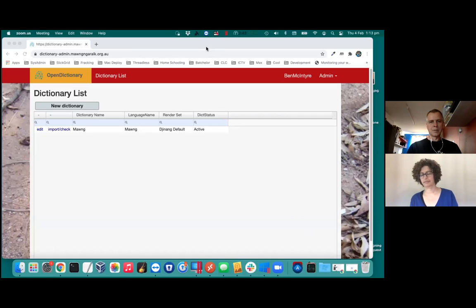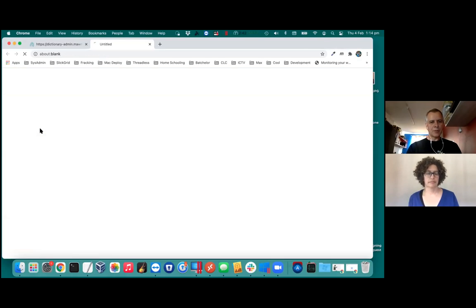Okay. So this is the dictionary interface. It's designed for more than one dictionary. Obviously, there's issues about who's allowed to see what in terms of putting together dictionaries. So that's something we haven't dealt with yet, but one person can have more than one dictionary on the go. So if we edit the Hmong dictionary,